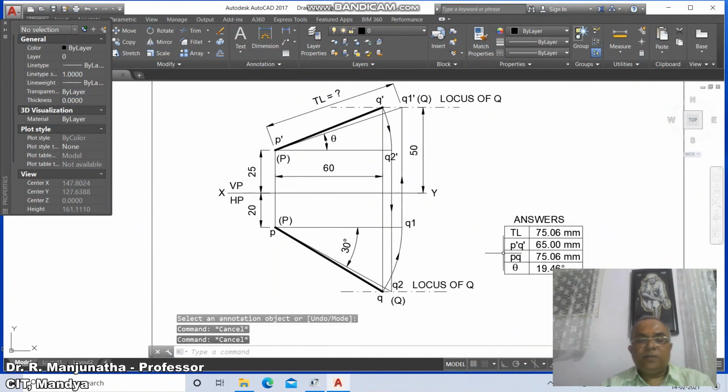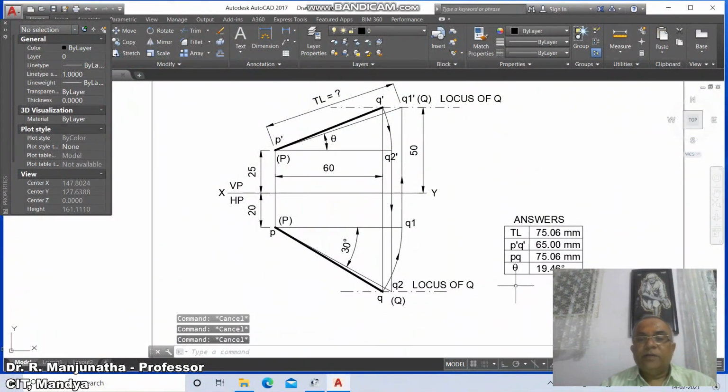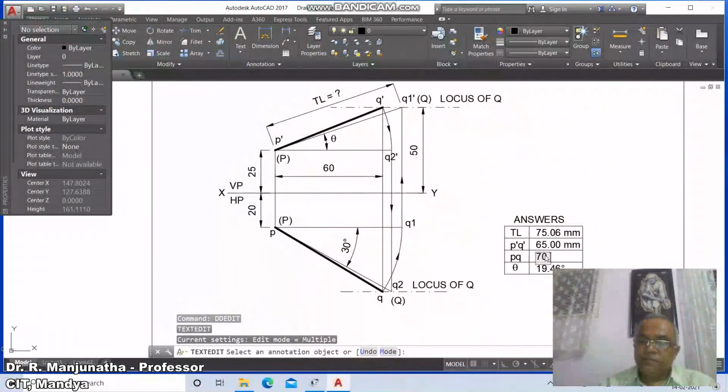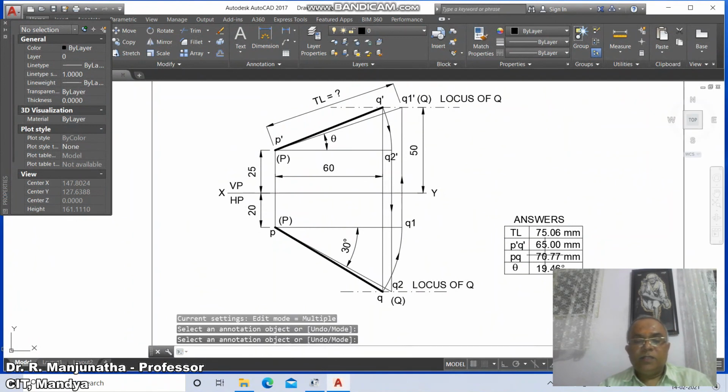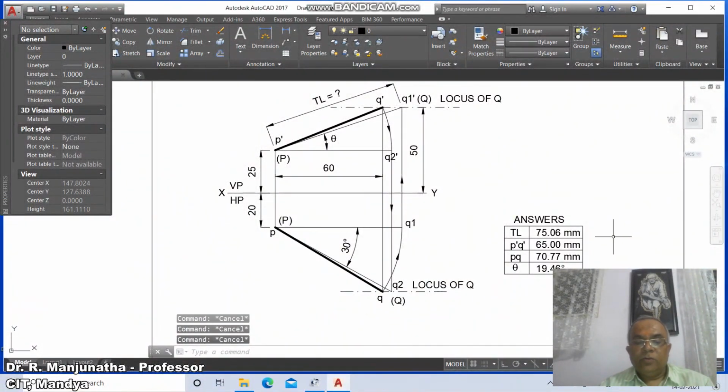Then go to list, type pq, which should be of 70.77. So go to DD edit, take this and 70.77 mm. So go to list, 70.77 mm. So this is how you go to move this.